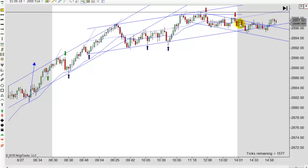If this wasn't after 2 o'clock, I wouldn't be afraid to enter there on that second entry short, just to try to ride it back down to this trend line. And we could keep going lower, so it was worth risking there. And that was really about it today. There weren't a lot of entries. It was a fairly strong trend, but if you didn't catch one of these early moves, it just kind of went flat up here. And again, these shorts, I made these two red for all the reasons I talked about,